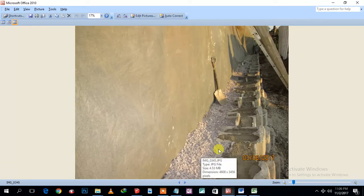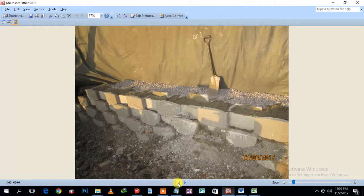So basically, this is how the wall looks. That's actually the face of the wall. But basically, number one, we can use the